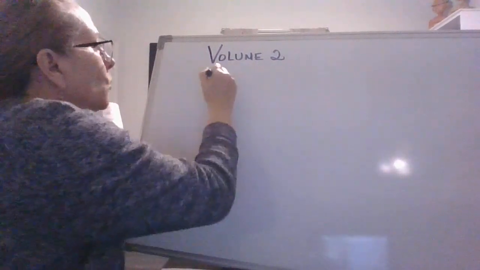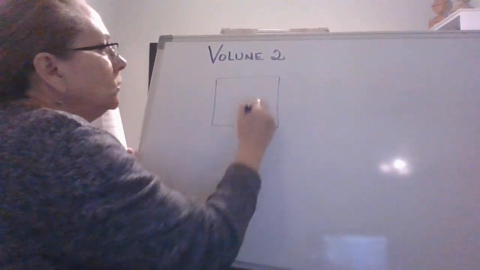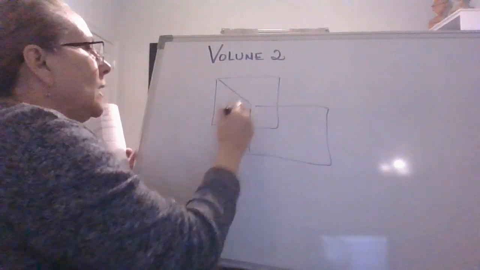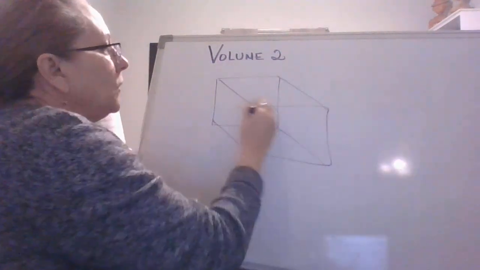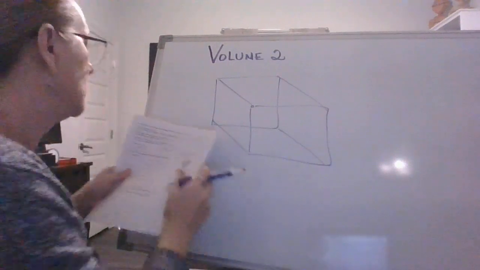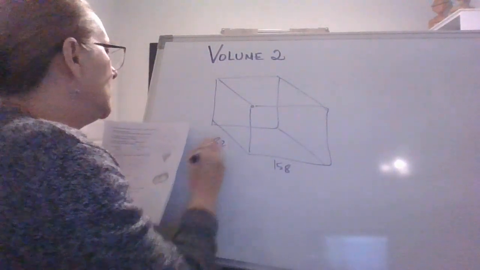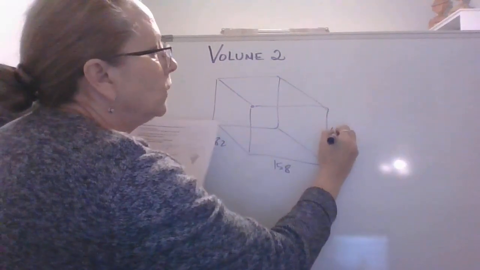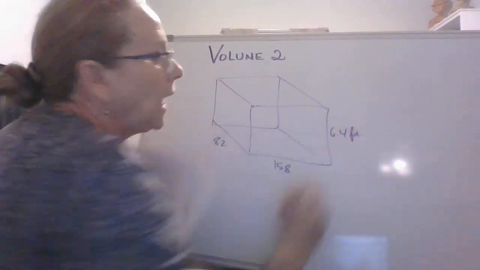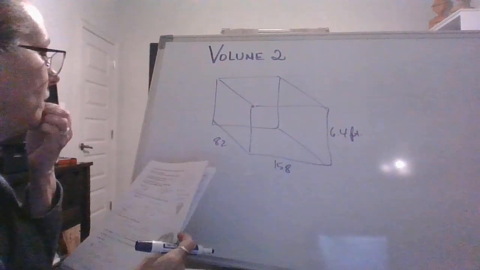So let's just do a quick rectangle. I'm not even going to dash those sides. I think you can tell the box. Let's put 158 here. This is not to scale. Obviously 82 here, 6.4 here. Everything is in feet, as it would be talking about a pool. They're asking us,